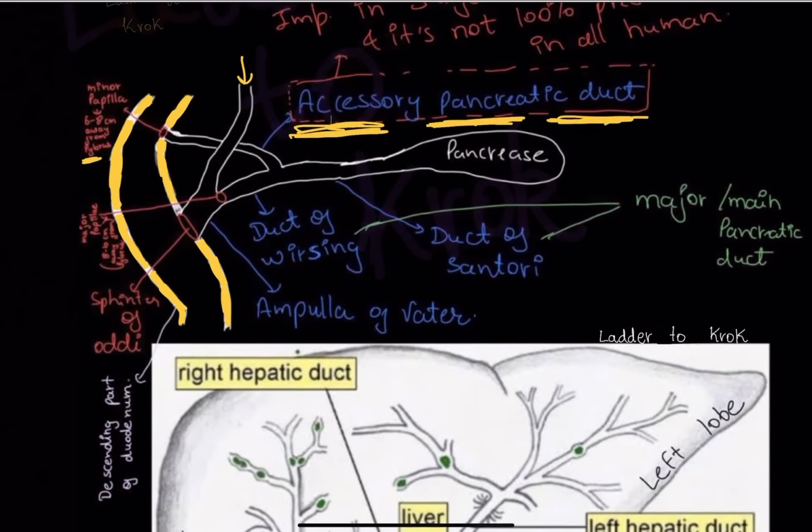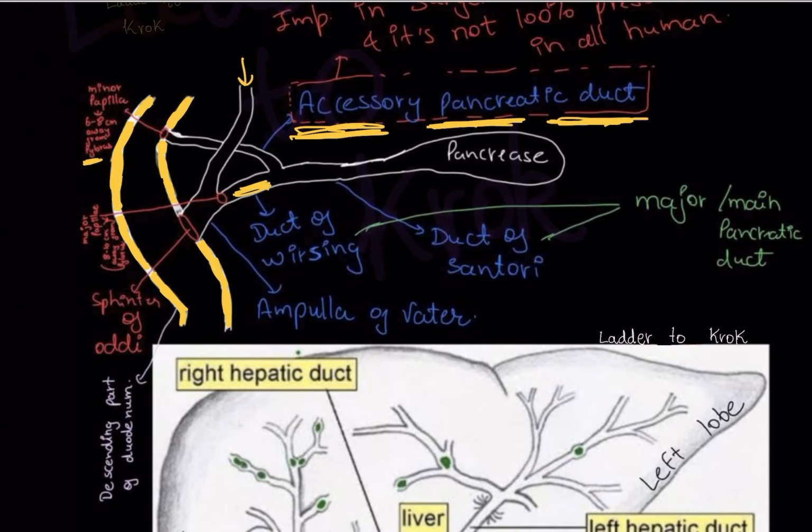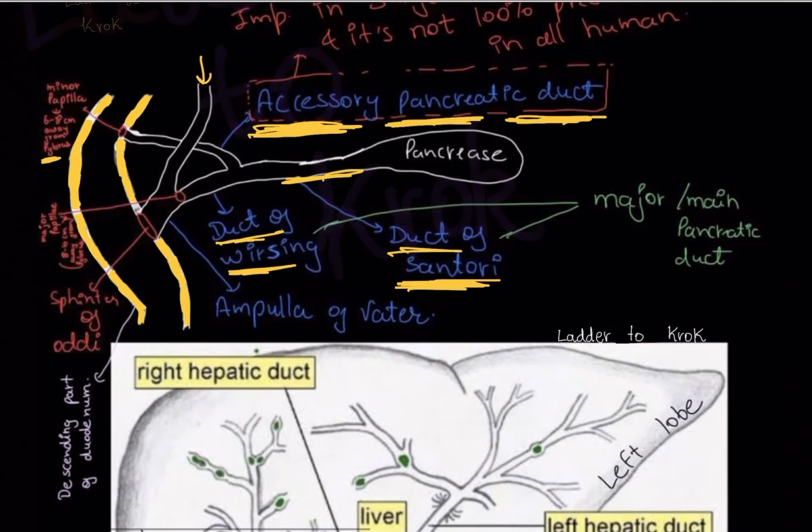Okay, now this pancreatic duct, this one, is known as the duct of Wirsing. And remember, from the pancreas, one common pancreatic duct arises. This is known as the duct of Santorini. Now this duct of Santorini, if this accessory pancreatic duct arises from here in some humans, then this duct is known as the duct of Wirsing. Now this duct of Wirsing is open, or we can also conclude